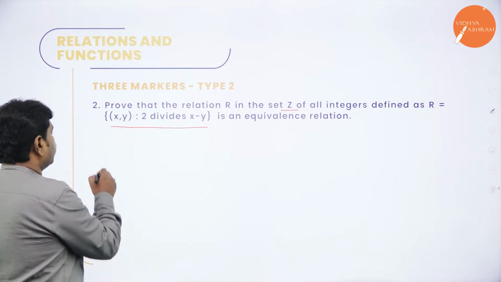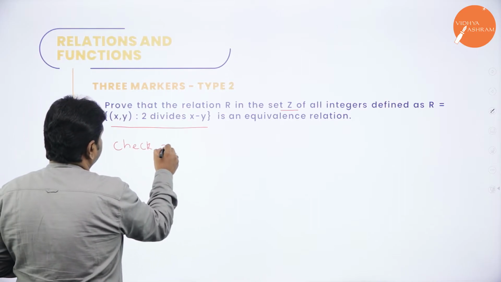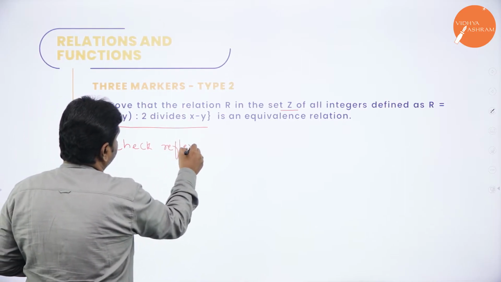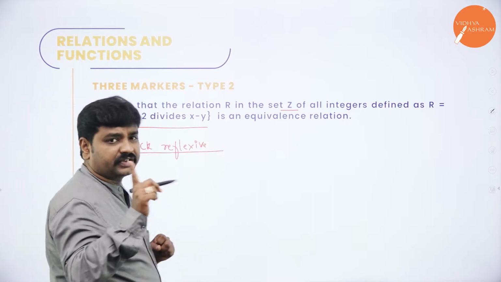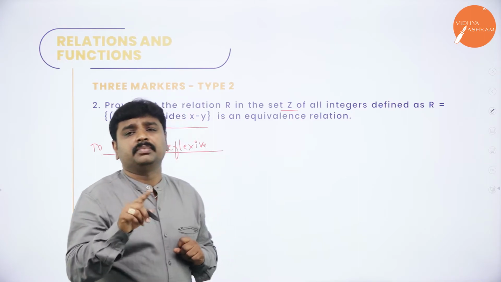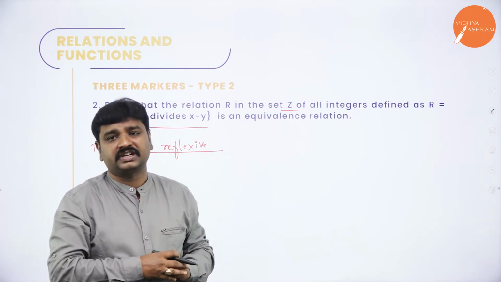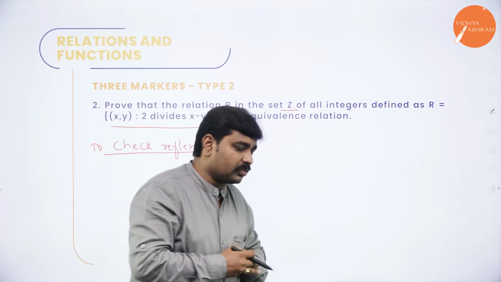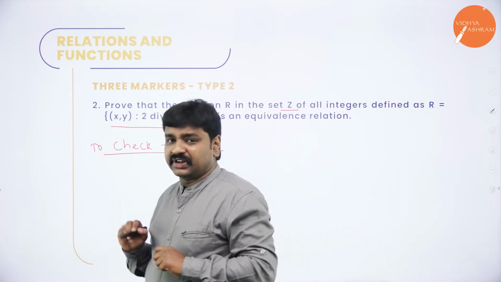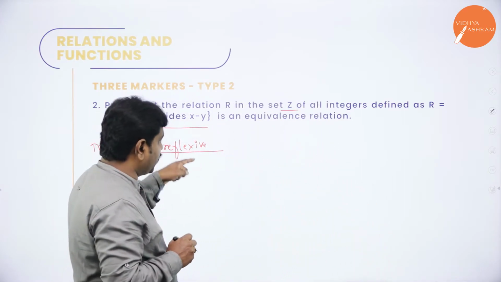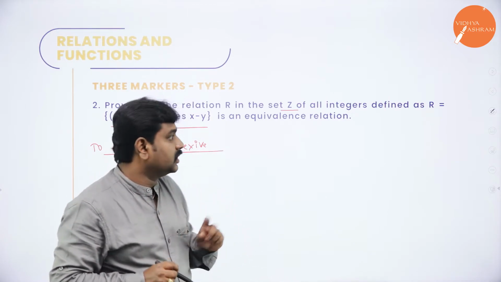So now coming to the point, first to check reflexive. So now I'll check whether it is reflexive or not. What is reflexive? All of you know the definition. What is the definition? For all a belongs to the given set, here the given set is Z, (a, a) should belong to the relation. So before I go to this problem, first let me make you thorough on how to read and analyze this.